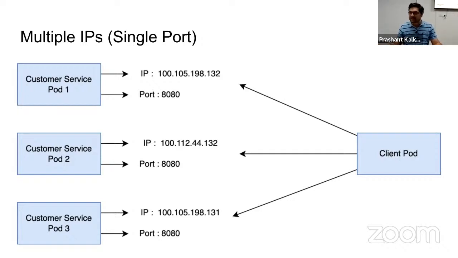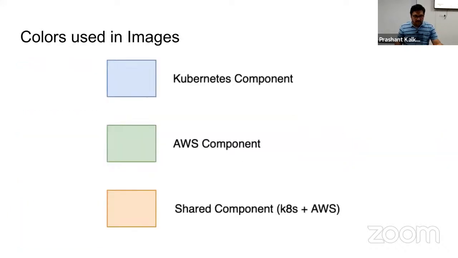Pods are, the IPs are not going to be stable, and I have multiple of them. So what is the solution? Okay, so before we move on, I just wanted to highlight, and this is an important thing,